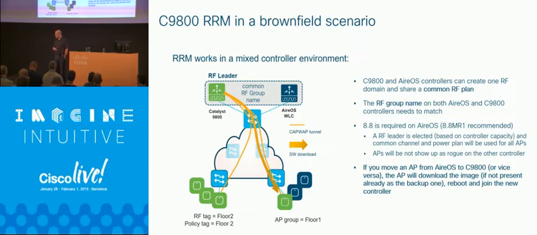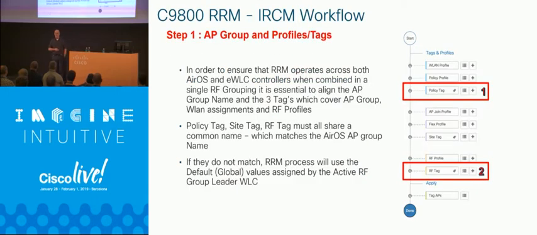So in a mixed controller environment, you need to be aware of that in an individual environment, and keep in mind, if you're spinning these up on the cloud or you're putting them out in the field, as long as those two networks can't hear each other, it's no problem to have its own RF group leader. You'll be able to manage it from DNA. Excuse me, Cisco DNA Center.